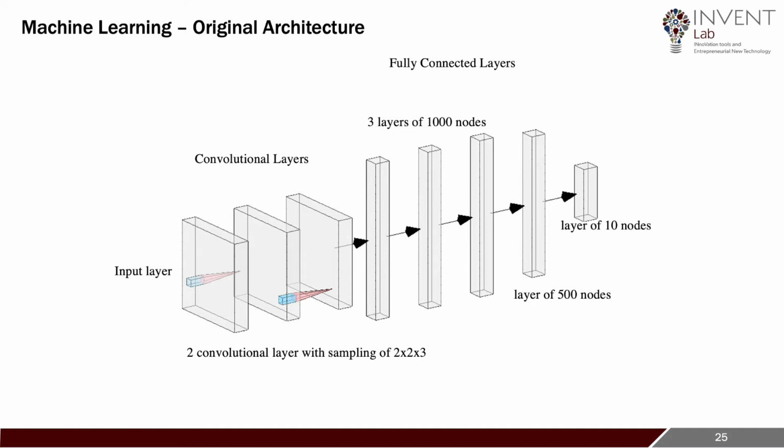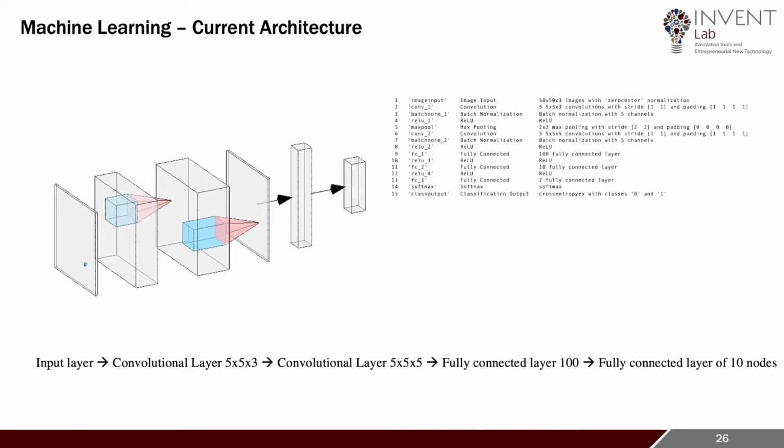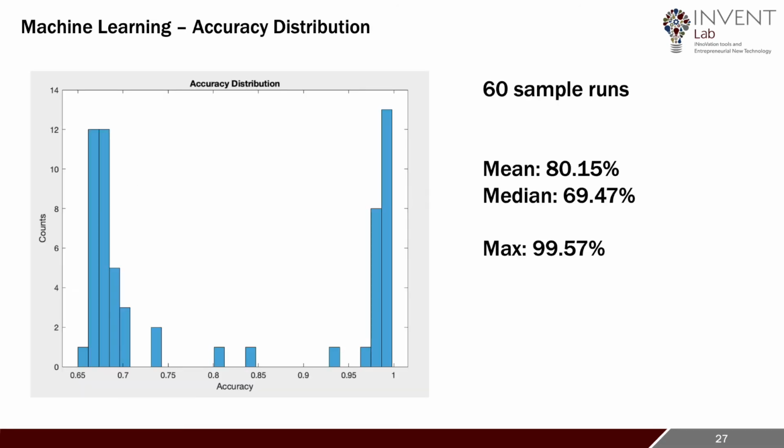So after a couple of tweaks, this was the final architecture that I settled on. It's quite simpler, but it gets the job done and is capable of producing neural networks that achieve high 90s accuracy with the testing data. The bulk of the algorithm's complexity comes from two convolutional layers. As the initial training data and testing data is randomized, and additionally the training data is randomized after every epoch,